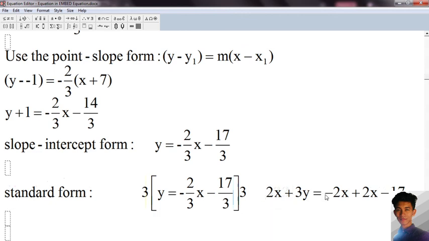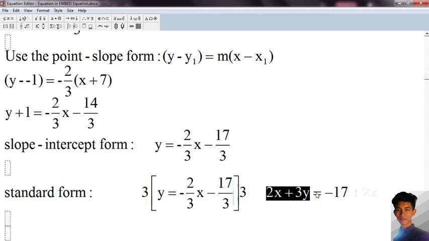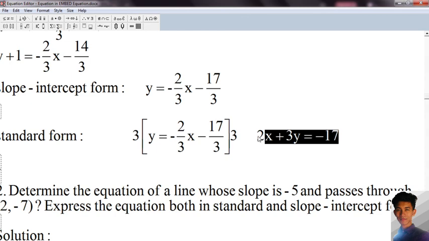So, dito, makakancel na tong part na to. Okay? Negative 2x plus 2x is 0. So, ito na po ang ating final answer. 2x plus 3y is equal to negative 17. So, yan po ang ating final answer. At yan, nagkaroon tayong tatlong example sa finding the equation of a line given yung kanyang slope at a point